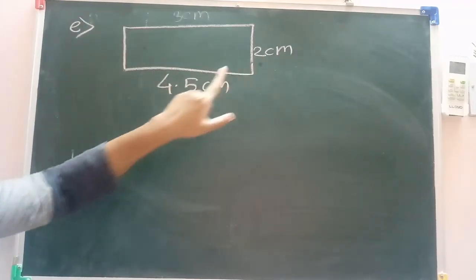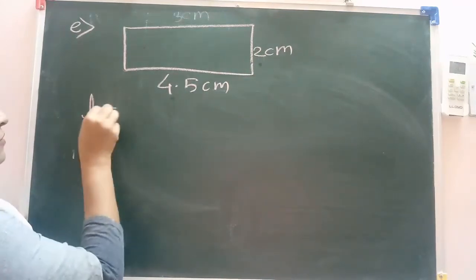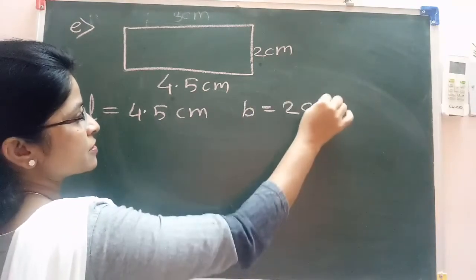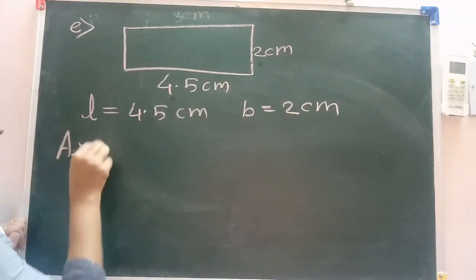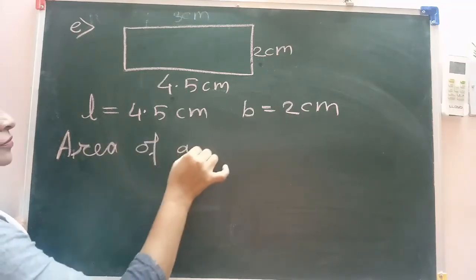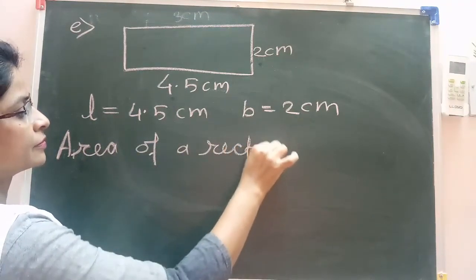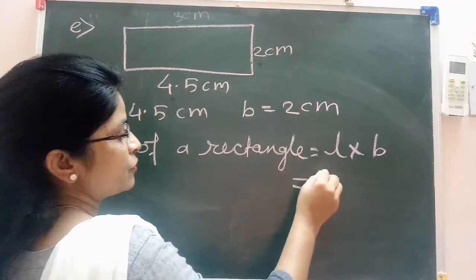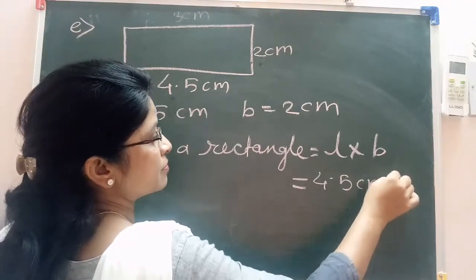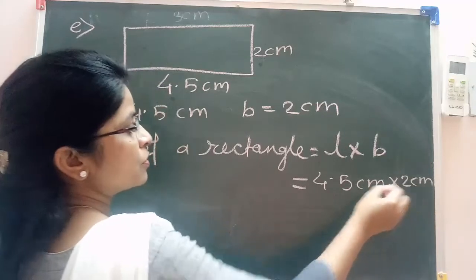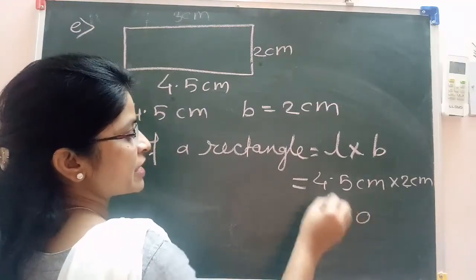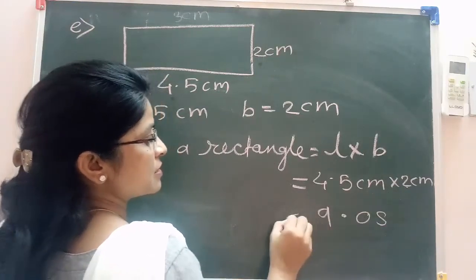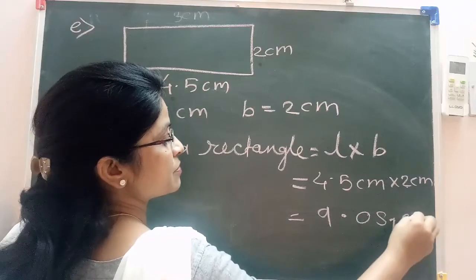A rectangle whose breadth is 2 cm and the length is 4.5 cm. It is a rectangle, so we will use the formula for the area of a rectangle, that is L multiplied by B. 4.5 cm multiplied by 2 cm. 2 fives are 10, 1 carry, decimal point, 4 twos are 8 plus 1 is 9, that is 9.0 square centimeter is the area